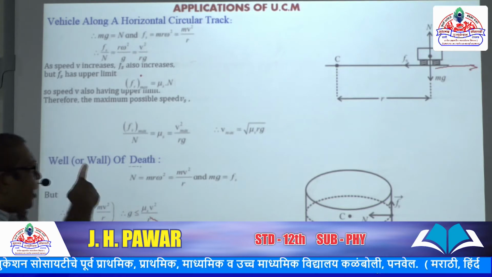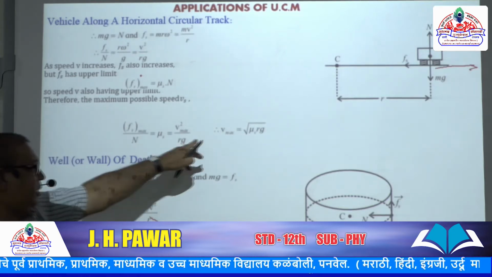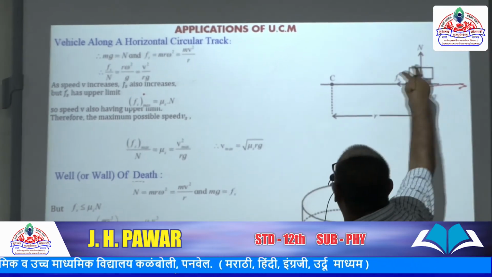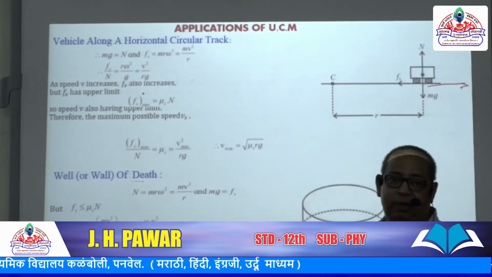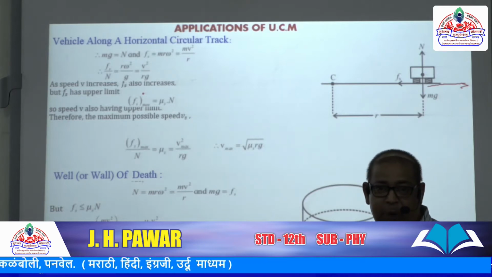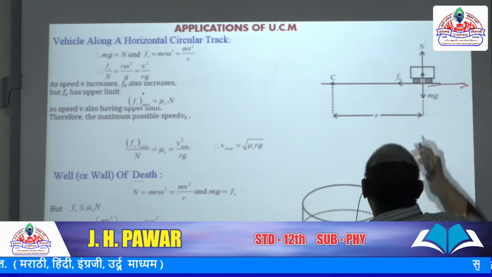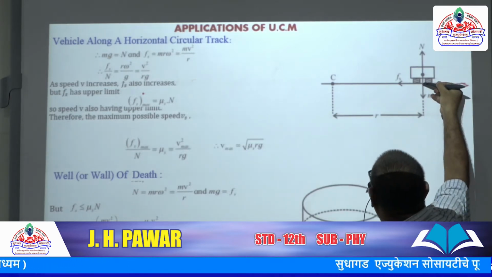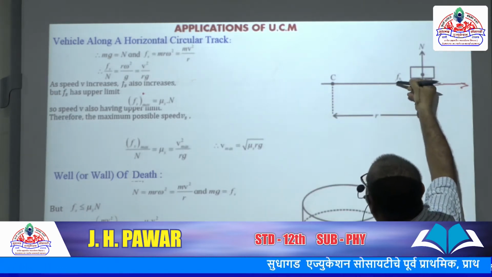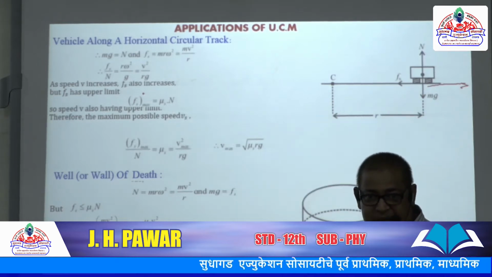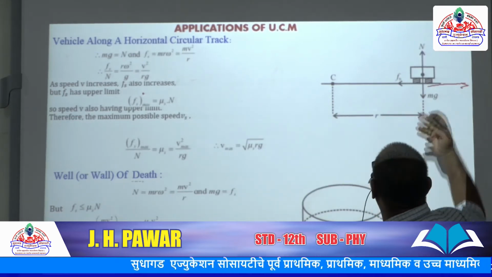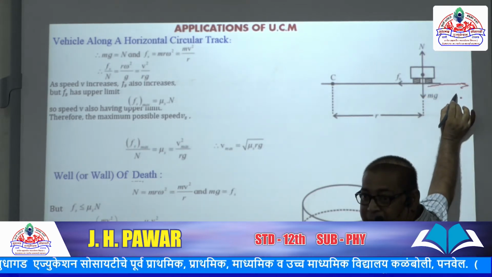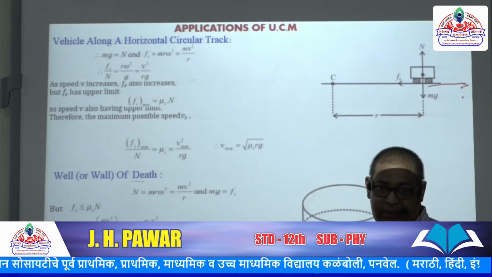Then look at the thing, what are the drawbacks of this equation? In this case, we assume this vehicle is a point mass or particle, and it is at the ground level. Then look here, the centripetal force of friction is acting along the radius and toward the center of the road. Then the centrifugal force is acting along the radius and away from the center. Both should be equal and opposite.